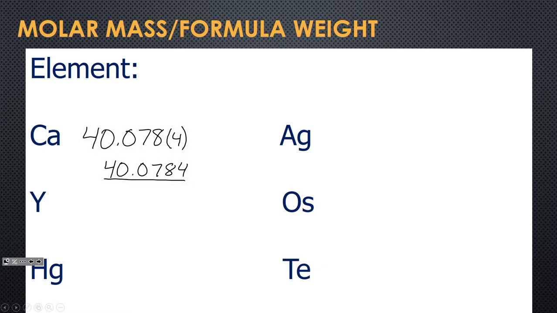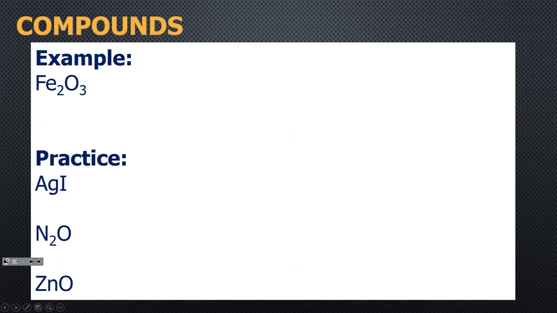I'm not going to write these down because you can get them right off the periodic table, right? Everybody okay? Just to double check, what was silver? 107, good. So you're writing that down right from the periodic table. That's awesome. Now, when we get compounds,